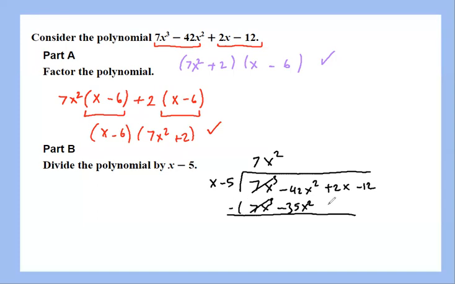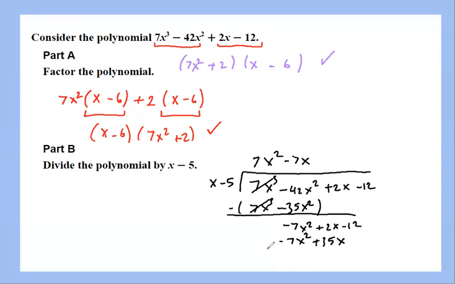And maybe I should write this minus just to kind of show. And then negative 42x squared minus negative 35x squared. So this becomes a plus 35. So that will be negative 7x squared. And then that will be 2x and minus 12. So now my question is what needs to be multiplied by this x so I can get negative 7x squared, right? So that will be negative 7x. If I multiply negative 7x by x, that is minus 7x squared. And then negative 7x by negative 5, that's 35, which is a plus